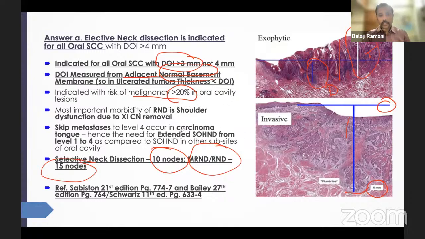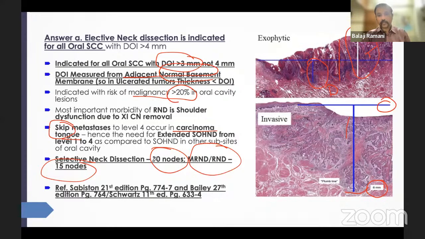So when you take up the carcinoma of the tongue, this is a different tumor because you get something called skip metastasis. Now normally, as far as the oral cavity is concerned, the metastasis happens in levels 1 to 3. Now tongue can have skip lesions. So skipping 1 and 2, it will directly go to 3 or 4. So that is why whenever you are doing a tongue neck dissection,